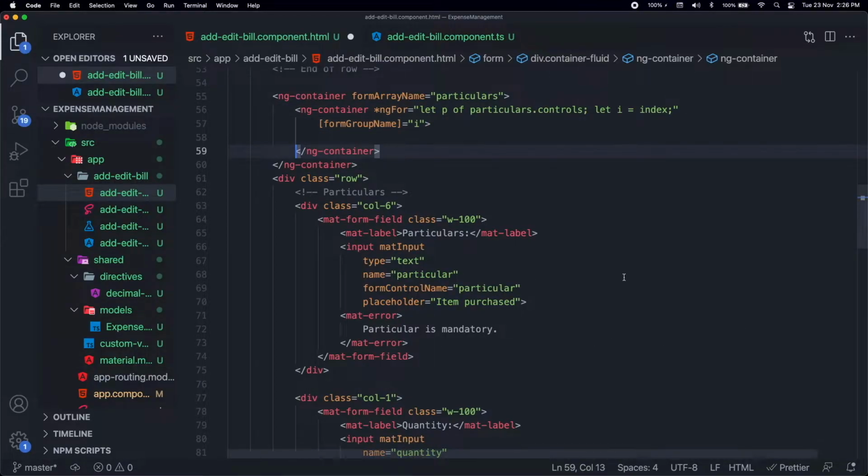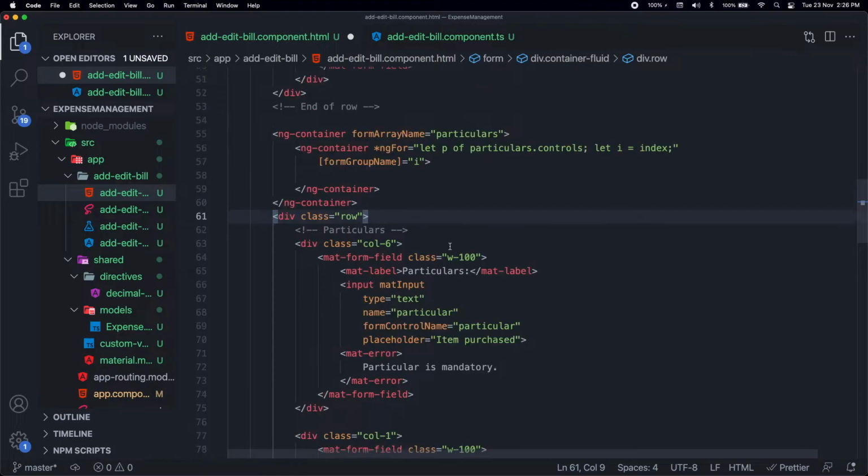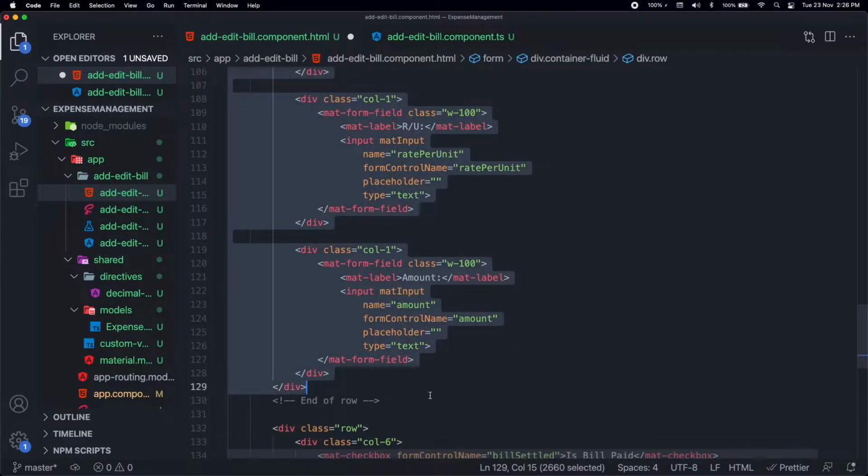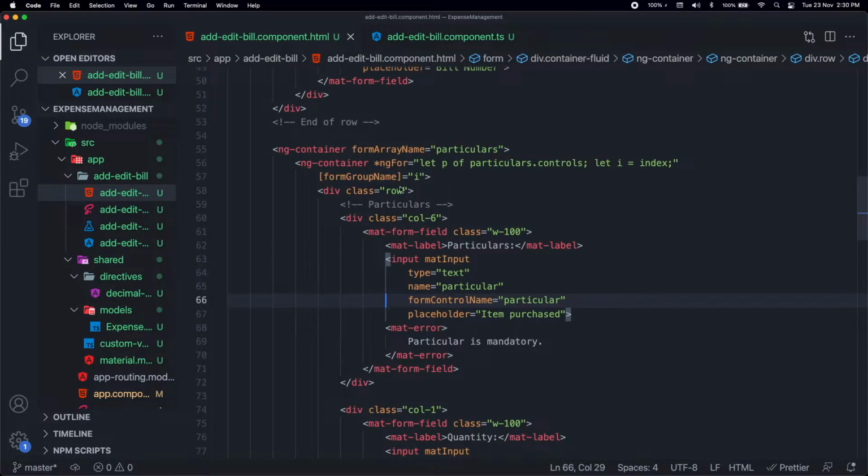And we need to modify this slightly. So everything, like all the particulars, will be inside this array. So I'm going to just copy them. Basically copy all the row and keep it inside. So once we copy all our particulars and quantity and rate per unit inside the ng-container for loop section,